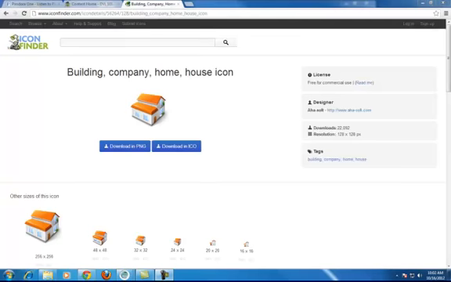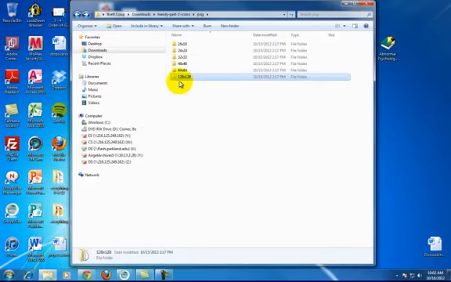So depending on the site you go to, there will be some directions to follow. Like here, it says download in PNG, and that's a format that works. You'll find that icons from these sites come in different sizes a lot of times, and so you'll get the whole collection. So let's imagine that I've gone ahead and I've downloaded some icons, which I have, and here the